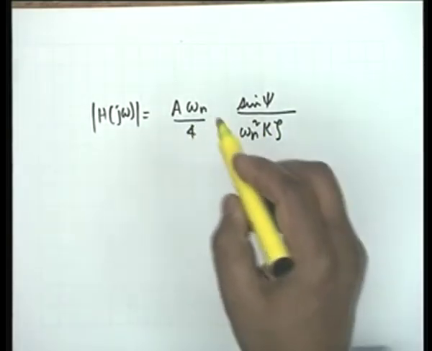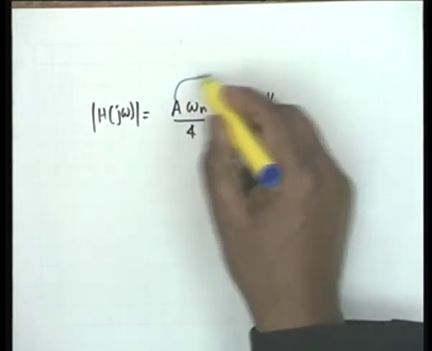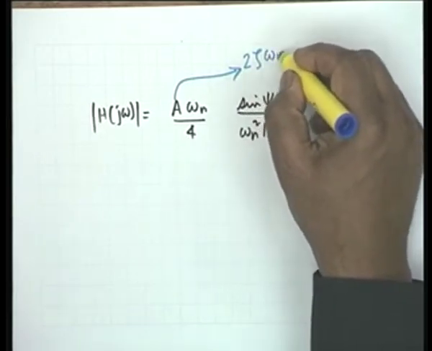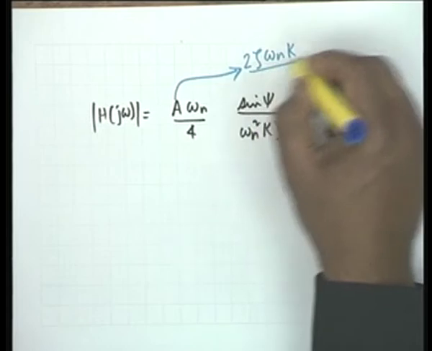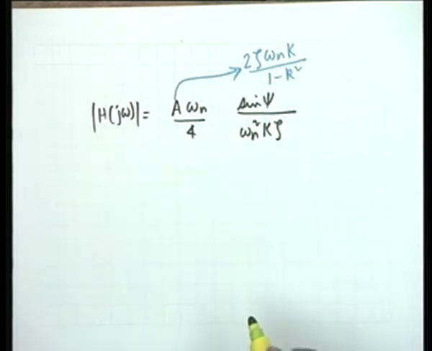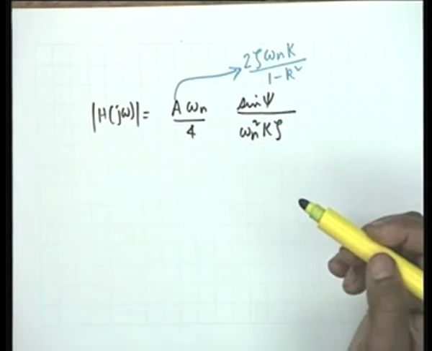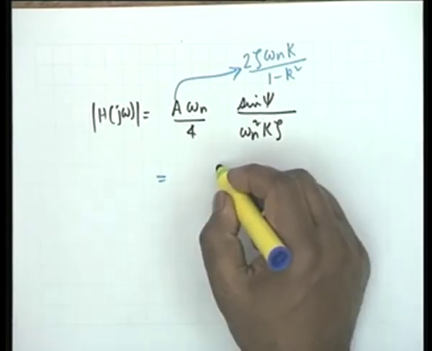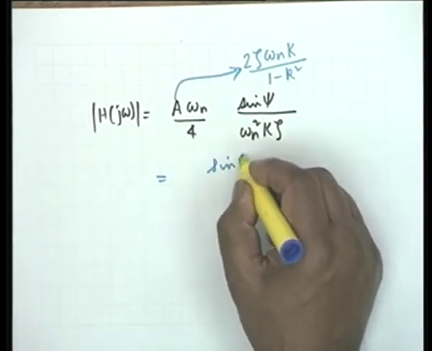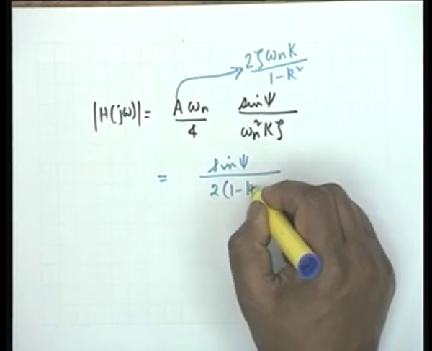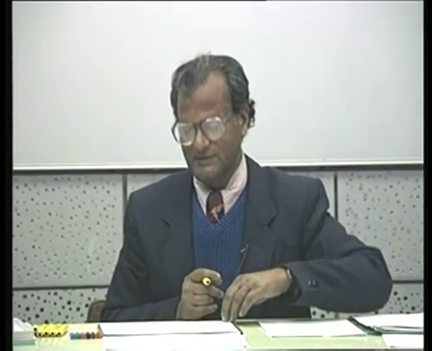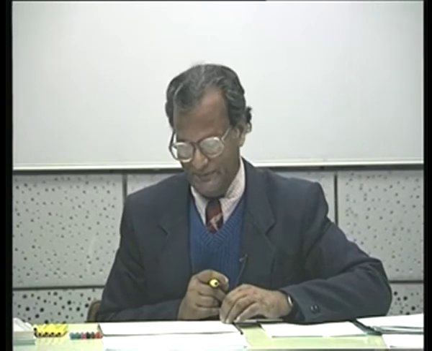If one recalls that capital A is nothing but twice zeta omega n k divided by 1 minus k squared, substitutes this here and makes all the cancellations that are due, then this simplifies to a very simple expression. It simply becomes sin psi divided by 2 1 minus k squared. It becomes independent of zeta now. We have of course assumed that zeta squared is much less than 1. It is only dependent on k, and therefore